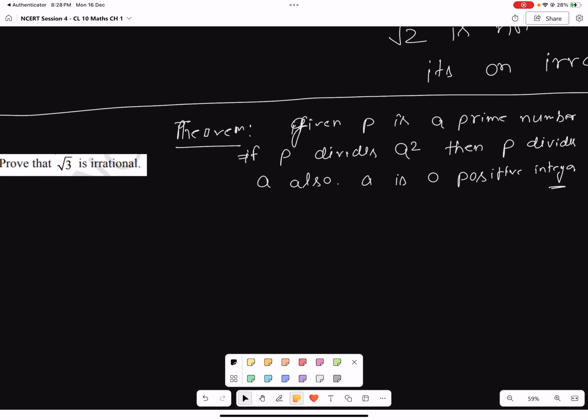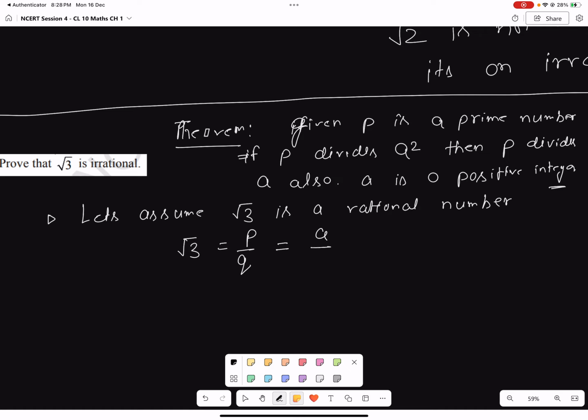And then your first step would be, let's assume root 3 is a rational number. Hence, we can write root 3 in the form of p upon q. And let's suppose p and q are integers. But if we divide them and derive to a number a upon b, where a and b are co-primes, the common factor is 1,